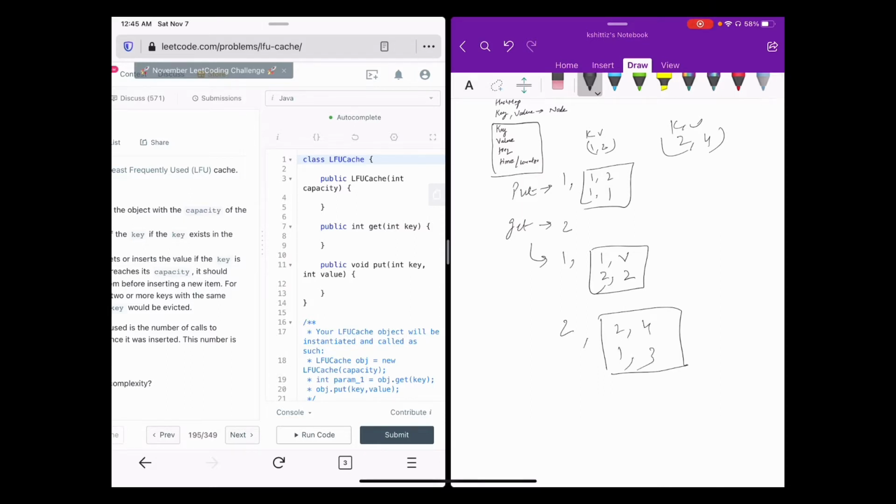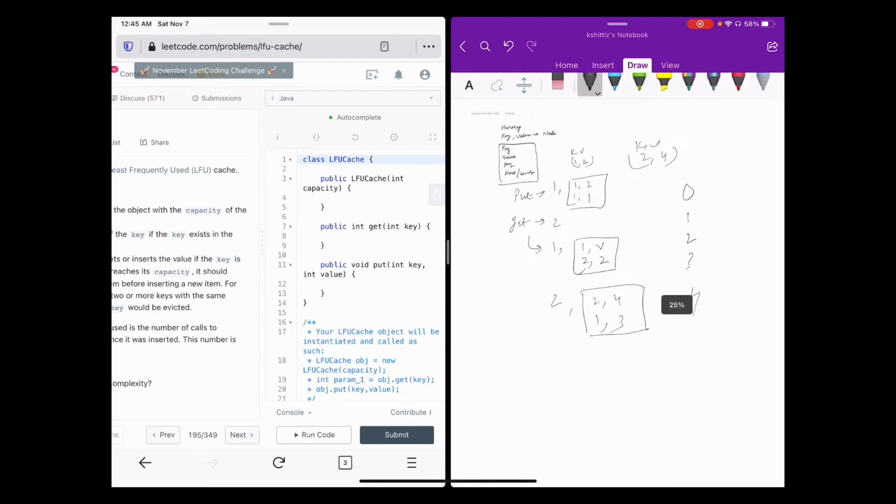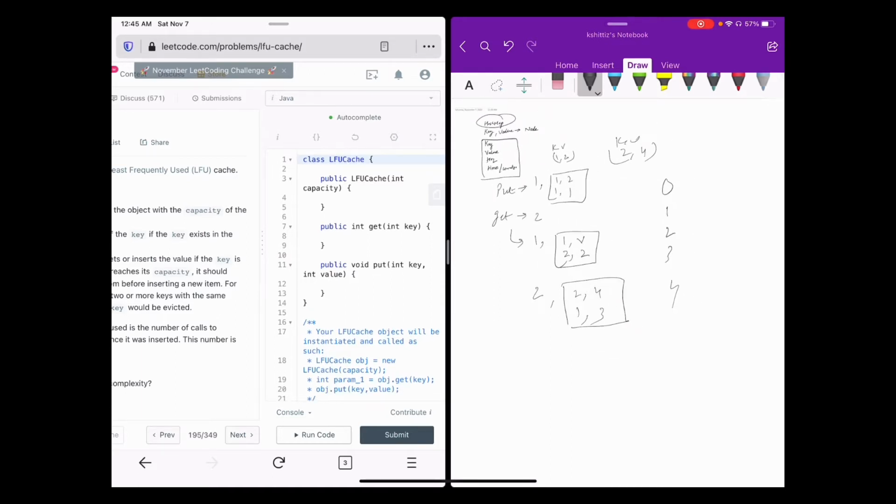So timer is basically a global variable which starts from 0 when the code initializes, and it keeps on incrementing: 0, 1, 2, 3. So in this brute force approach, when you add a value to this hash map, you add a key node pair, and you just get the value from the hash map using the key which is given in the get function, and you return the value. But the problem is that